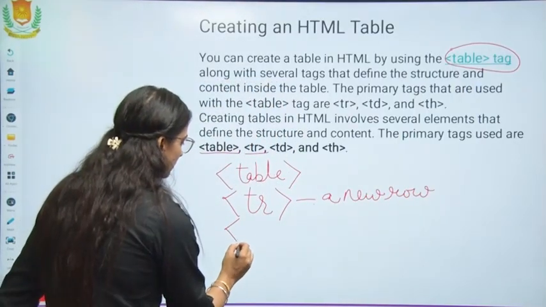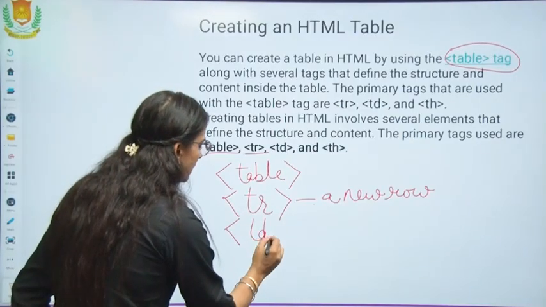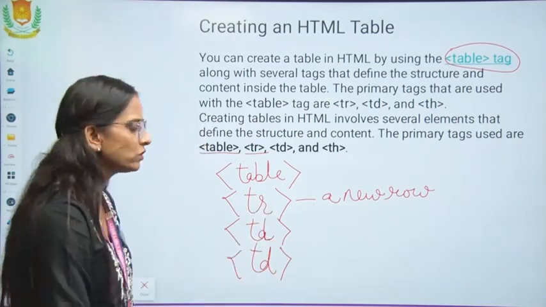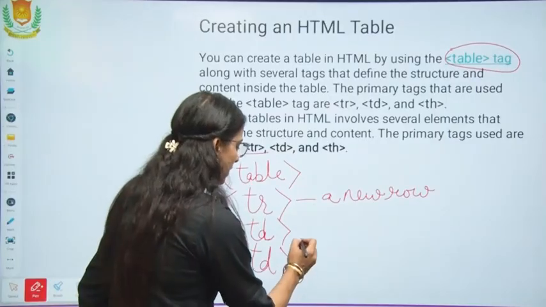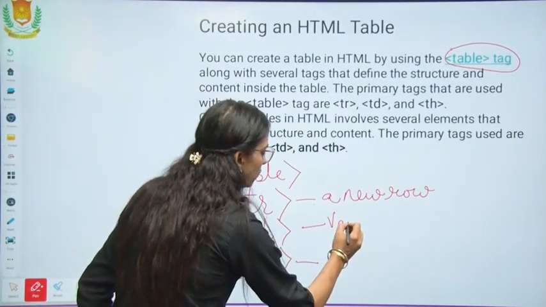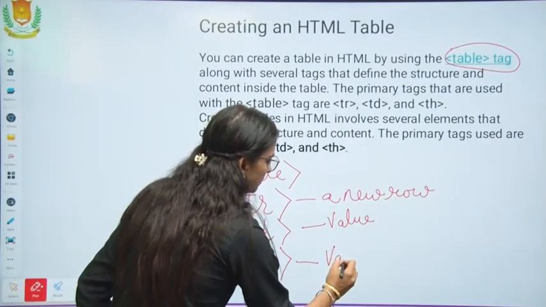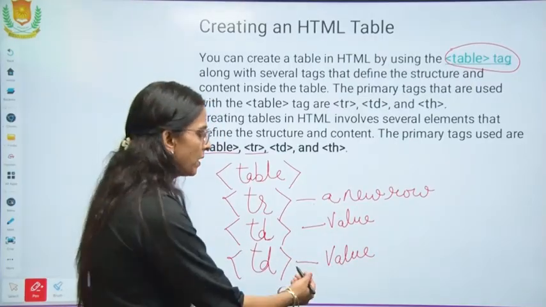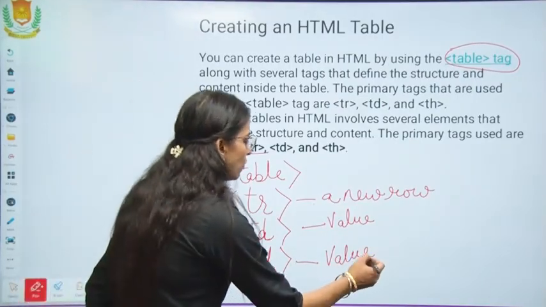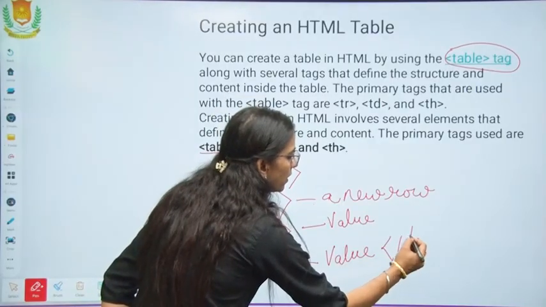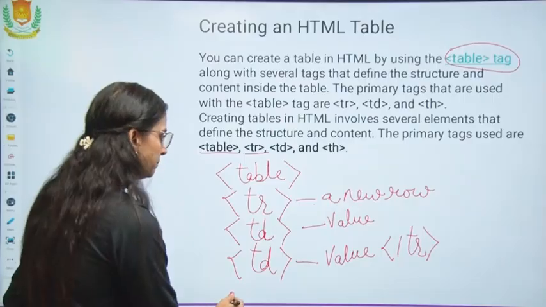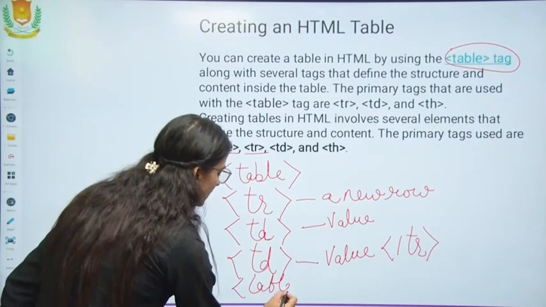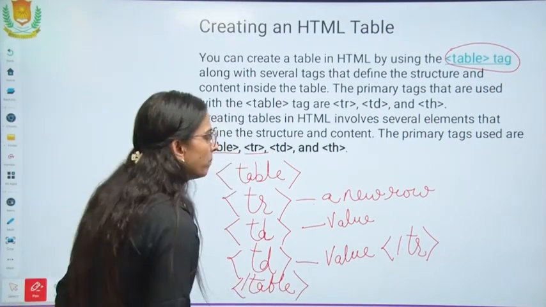Now, we specify the table data. Table data can be many; in this example, I have given 2 table data. Here you will write the values for the table data, like the name of a particular item, or the price of a particular item. So, here the row will be closed, and in this way we will discuss it in elaborated form with another example.